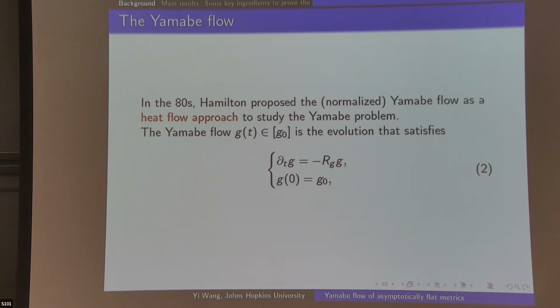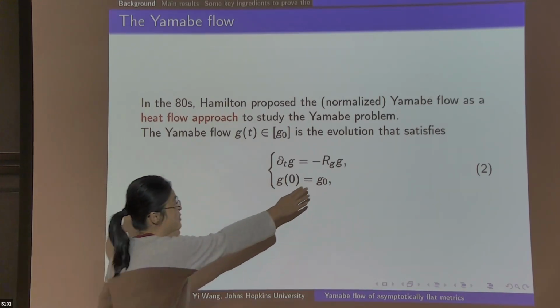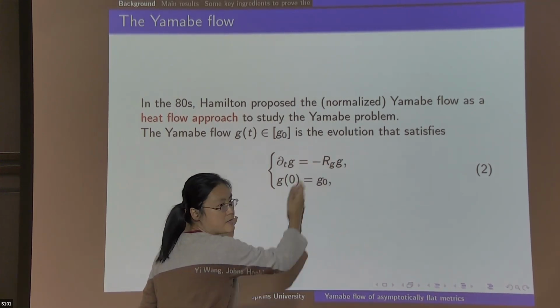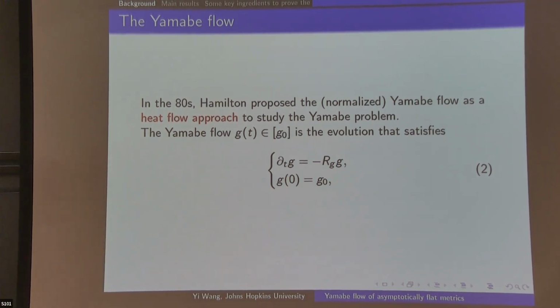The flow he considered was the Yamabe flow, in which the evolution is given by minus scalar curvature times g. So partial t g equals minus scalar curvature times g. In the compact case, we really want the scalar curvature to tend to a constant, and that's what we call the normalized Yamabe flow. In other words, instead of the right-hand side here, one looks at the constant C minus R, in parentheses, times g. In the steady case, the flow tends to the case where the right-hand side tends to 0, so that the scalar curvature tends to that constant C.